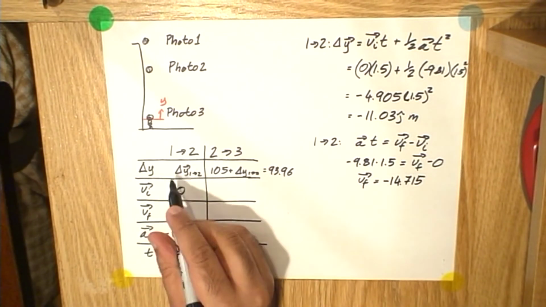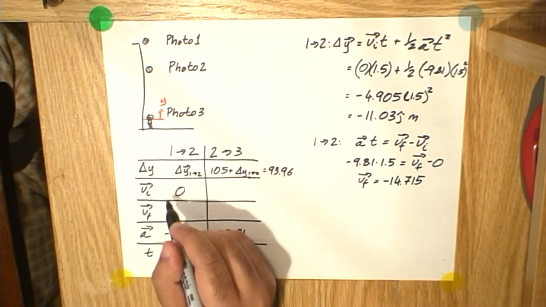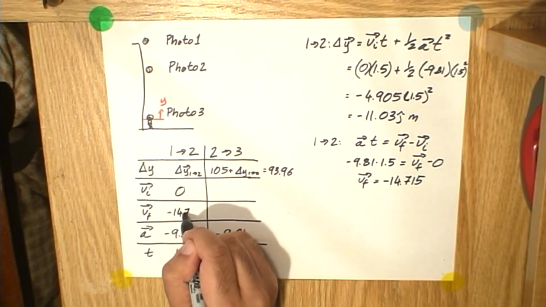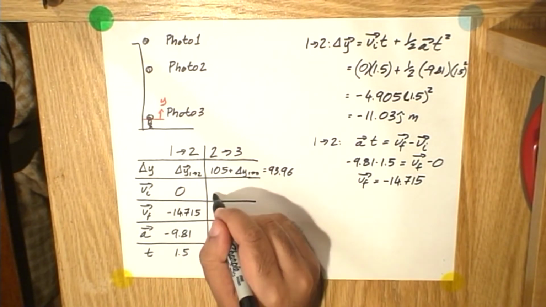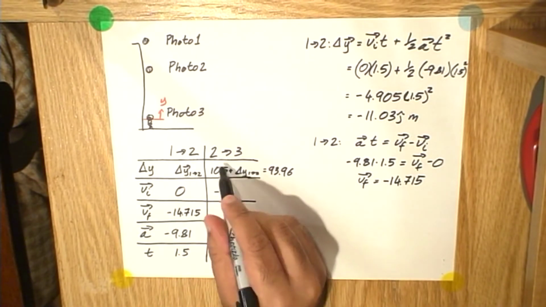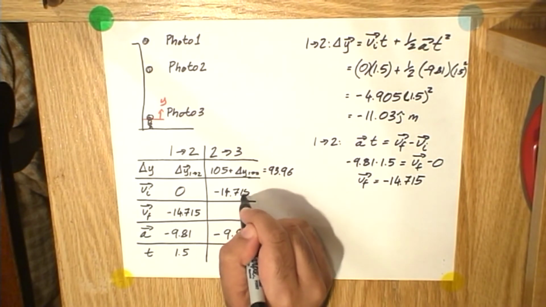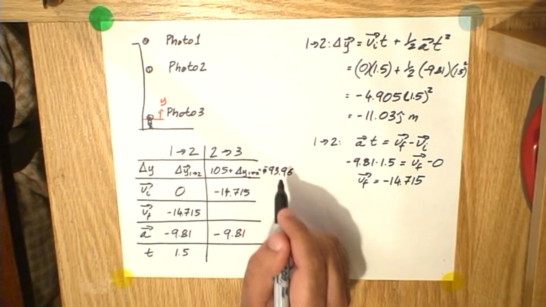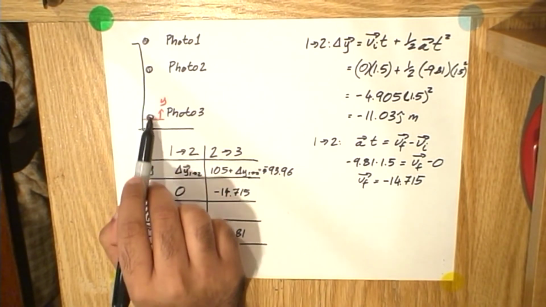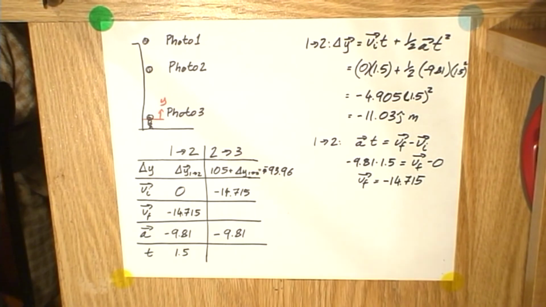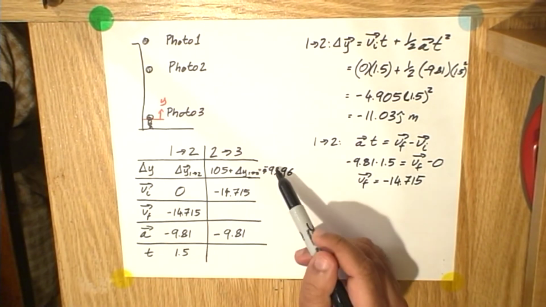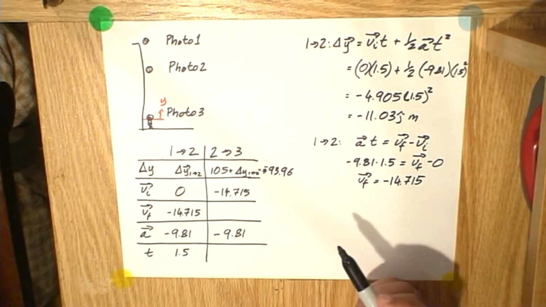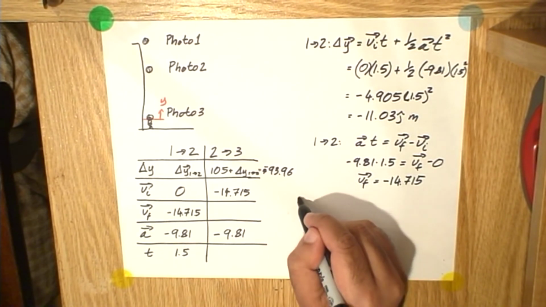So the velocity at the end of phase 1 to 2 is also the initial velocity of 2 to 3. And we will treat the displacement from 2 to 3 as being negative because it's going against the y direction. I haven't been terribly rigorous about this in this question, so you'll have to forgive me on that. But now we have 3 pieces of information: delta y, v initial, acceleration, and we're looking for time. So from 2 to 3,